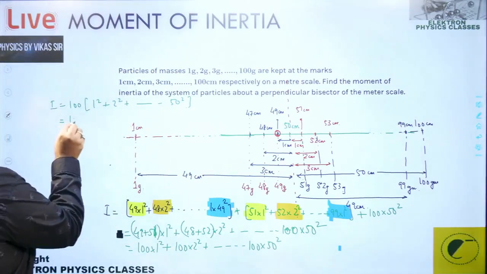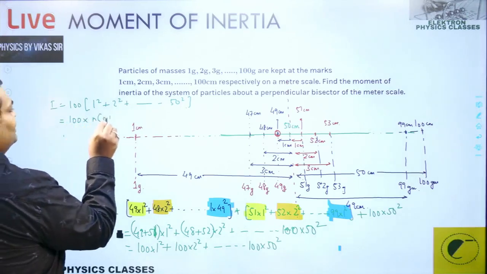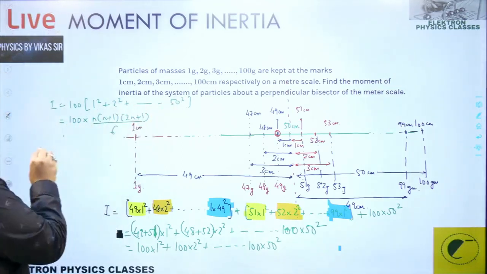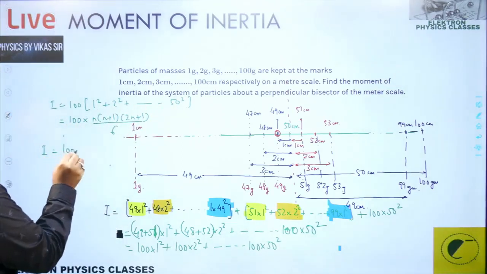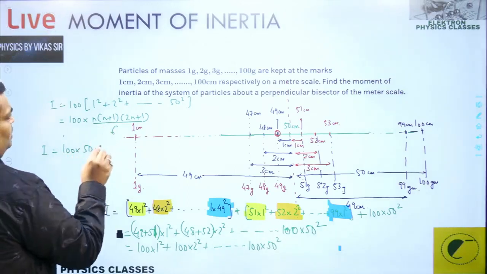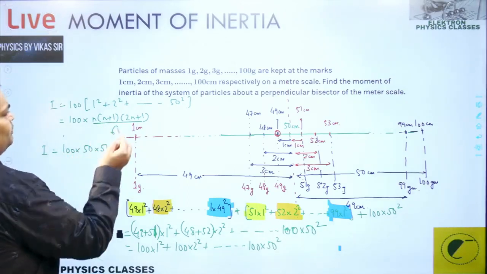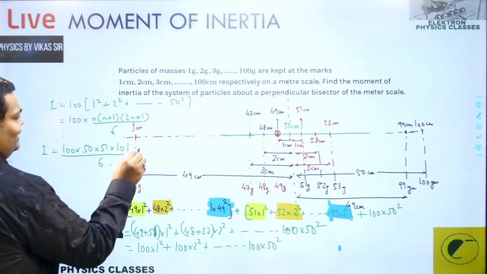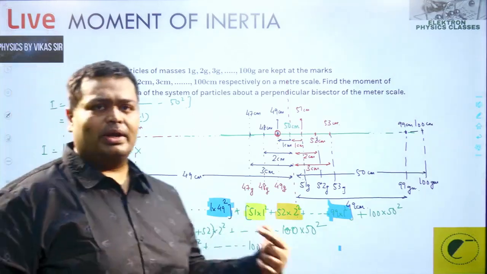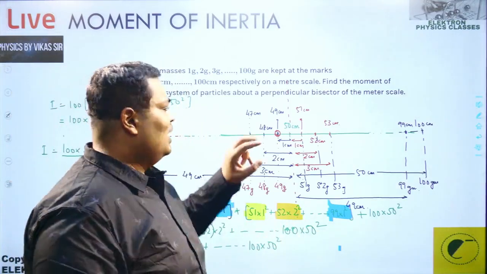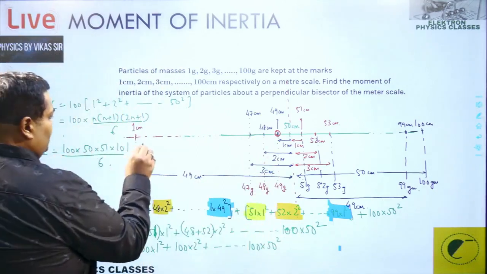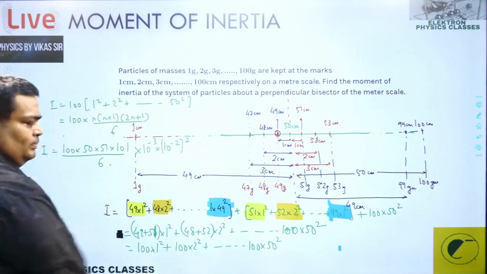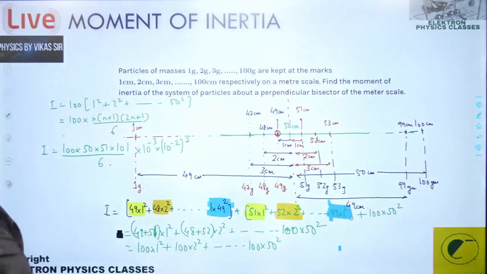So that is the sum of the squares of the first n natural numbers, that is n into n plus 1 into 2n plus 1 upon 6, where n stands for 50. So that will be 50 into 50 plus 1, 51, and 2 into 50, 100 plus 1, 101, divided by 6, and that's multiplied by m r square. Mass is in gram, r is in centimeter. So convert to kilogram, 10 power minus 3, and centimeter to meter and square of it, m r square. Converting to MKS, right? And then we calculate the value.